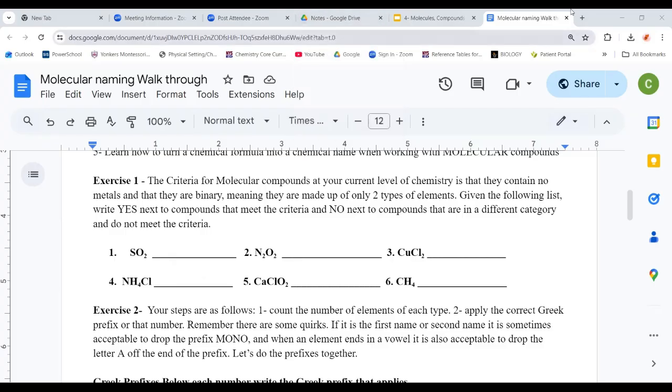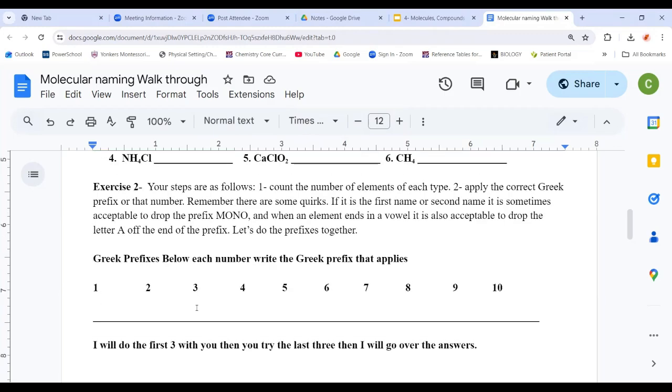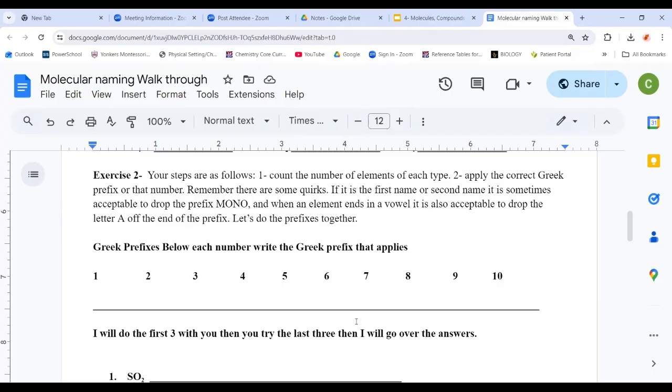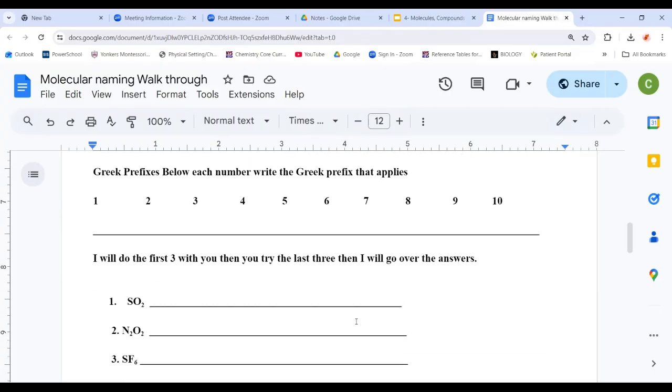All right, exercise 2. We're going to go ahead. Why is my screen not moving? Okay, the next thing is you have to know the Greek prefixes. These you have to have memorized. Okay, so 1 is mono, 2 is di, 3 is tri, like 3 wheels on a tricycle, 4 is tetra, 5 is penta,